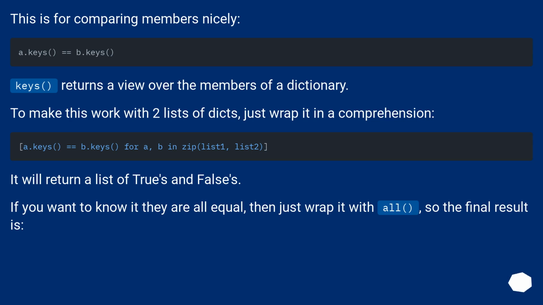This is for comparing members nicely. Keys returns a view over the members of a dictionary. To make this work with two lists of dicts, just wrap it in a comprehension. It will return a list of trues and falses. If you want to know if they are all equal, then just wrap it with all, so the final result is